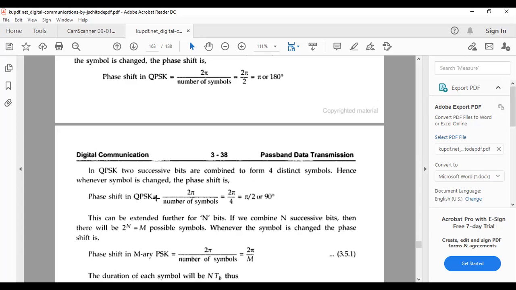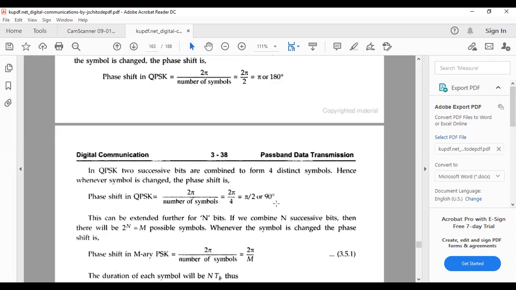So in the QPSK signal, 2 pi by the number of symbols means 2 pi by 4. Why? Because in BPSK we have 2 symbols, each group having only 1 bit, 0 and in the second, 1. But here the first group is 2 bits, another group is 2 bits. So 2 pi by 4, that is pi by 2 phase shift or 90 degrees phase shifts